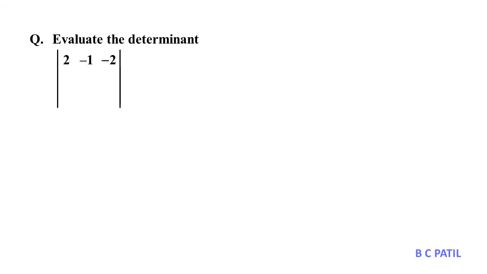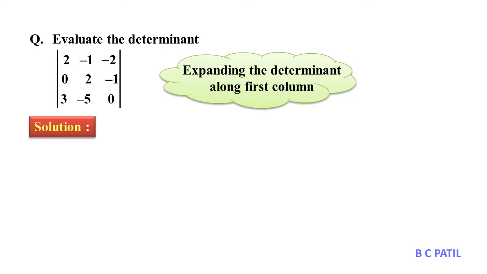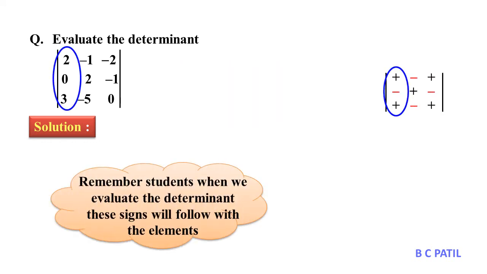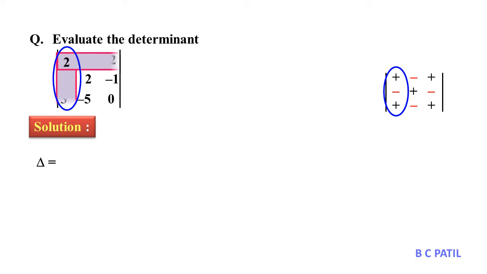Next example. Evaluate the determinant. Expanding the determinant along first column. Let us take first column. Here first column elements are 2, 0, 3. Again we have to follow plus minus plus sign. Delta equals to plus 2 into